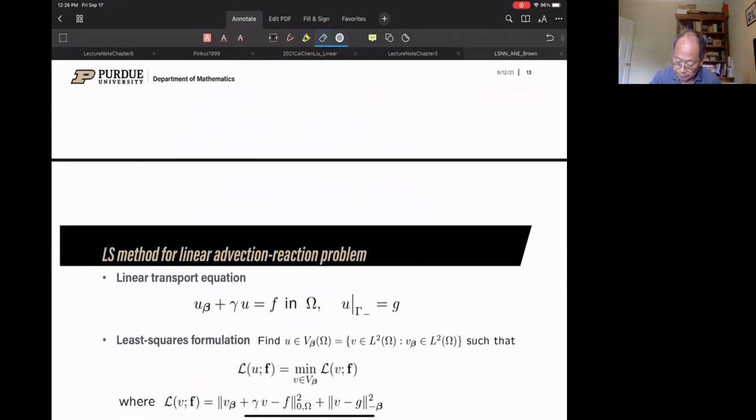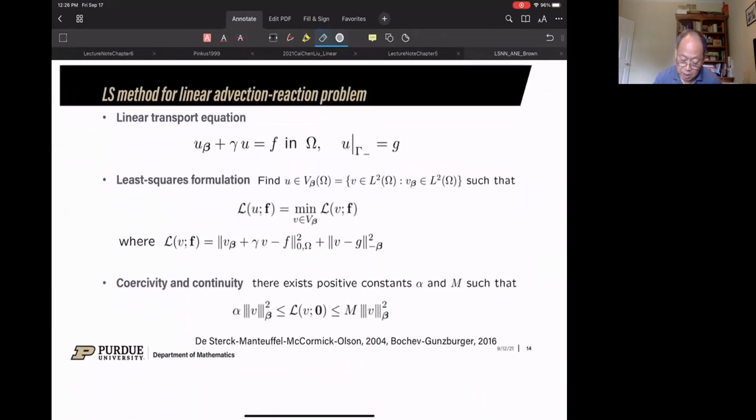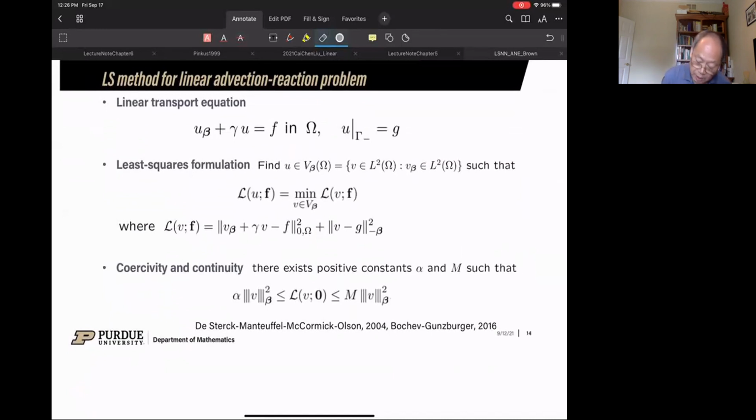This is probably when we're looking at the scalar conservation law, the first thing we always study is the linear advection and reaction problems. I rewrite that a little bit, basically writing that this is the directional derivative along the direction beta. And beta could be a constant vector or could be a vector-valued function of space and time.